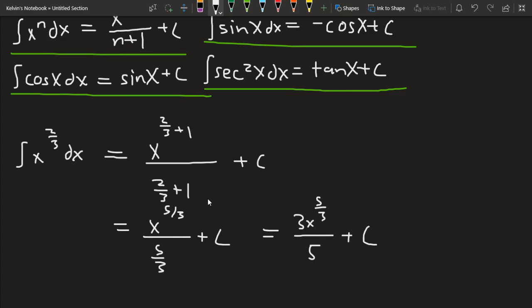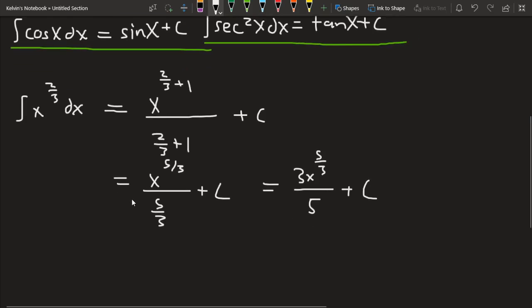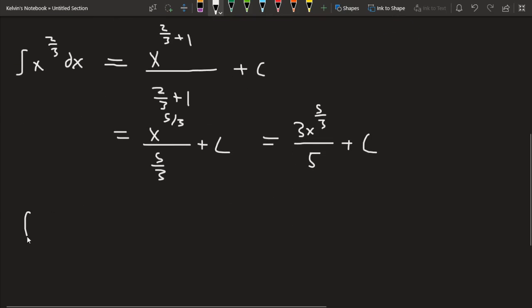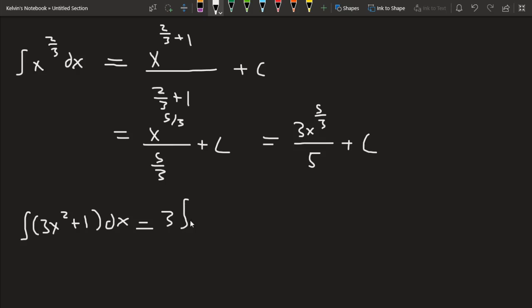Now, for another example problem, let's say that we are asked to find the integral of 3x squared plus 1 with respect to x. In order to solve this here, we would simply just find the integral of 3x squared and the integral of 1. So the integral of 3x squared can be rewritten as 3 times the integral of x squared with respect to x, and then it'd be plus the integral of 1 with respect to x,